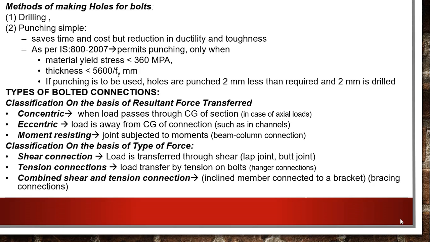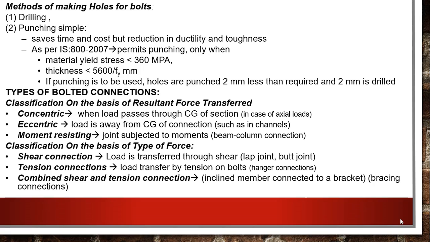So one by one I am going to discuss here. Number one is classification on the basis of resultant force transferred. There are three classifications. Number one is concentric, when the load passes through the CG of the section. So in case of axial load, the concentric resultant force is transferred from the